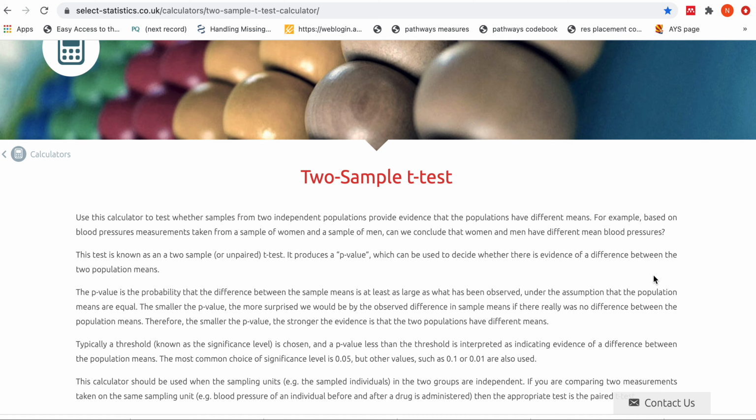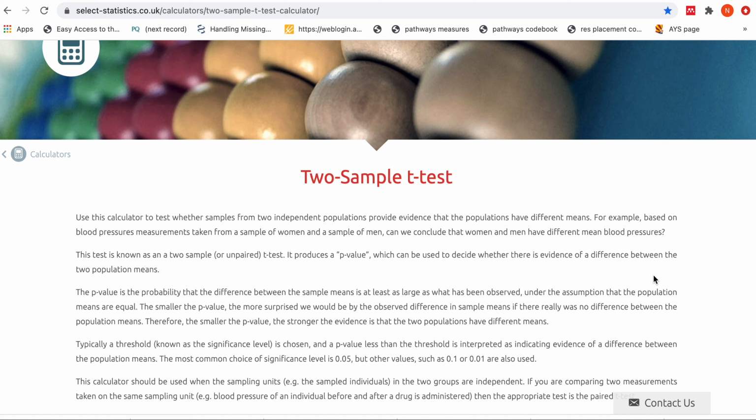To use the two-sample t-test, you need to have two groups. For example, if your independent variable is gender, there's two groups, male and female, and your dependent variable was, for example, a Likert type scale, so on a scale of 1 to 4, how much do you agree with the following statement? This would be an example of when you would use the two-sample t-test. So you would see if there's a significant difference between the answers that the males gave and the answers that